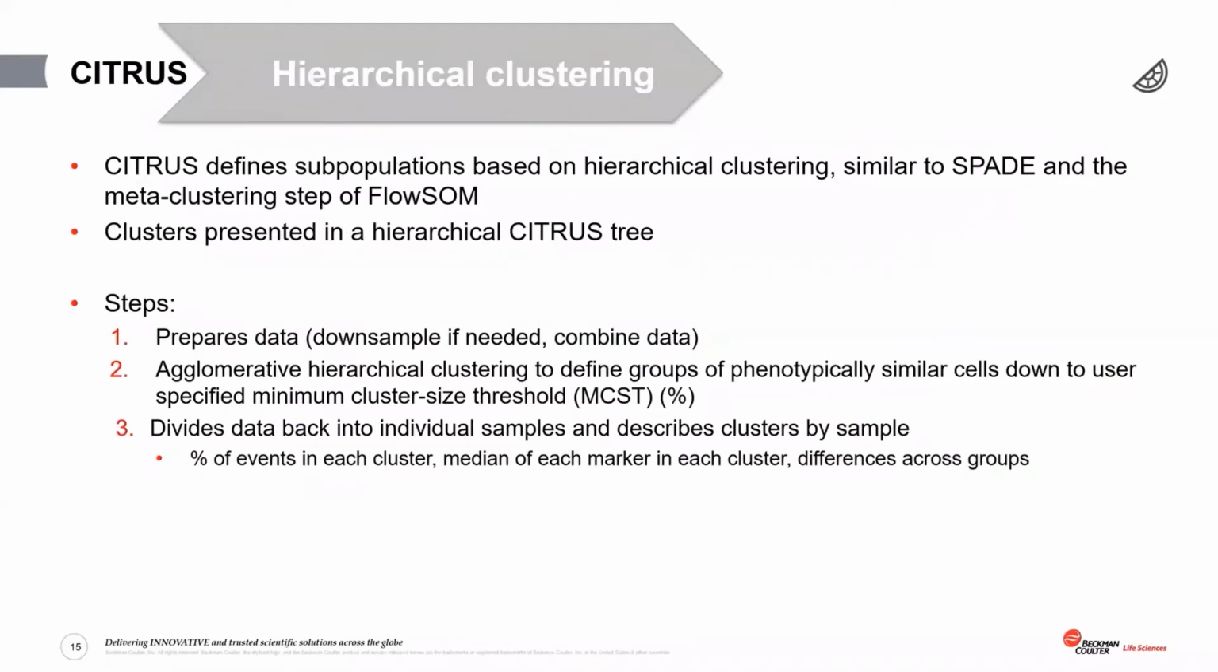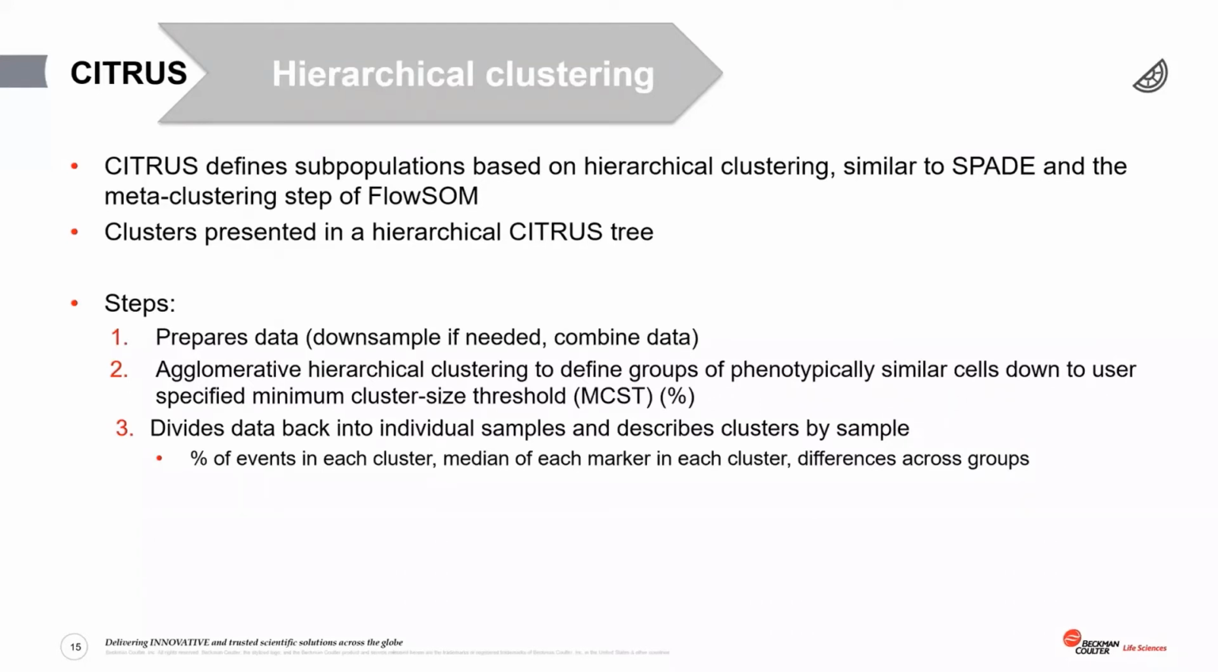In a little more detail, Citrus performs hierarchical clustering to identify populations. This means that you don't have to do any manual gating beyond cleaning up your data down to live single-cell events. The clusters are presented in a tree to identify both the marker expression as well as which clusters are significantly different between groups. Behind the scenes, Citrus does this by preparing your data by downsampling if needed and then